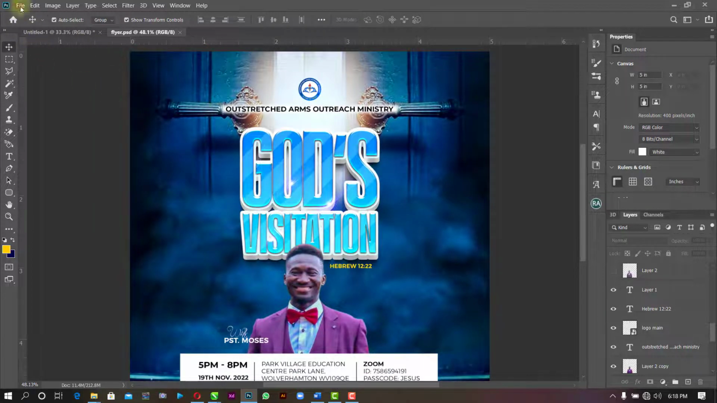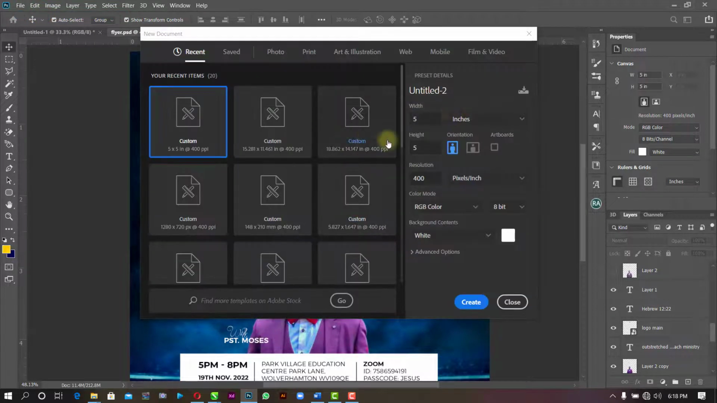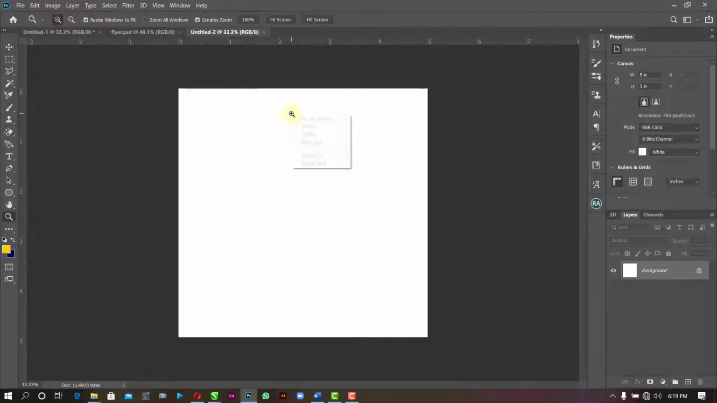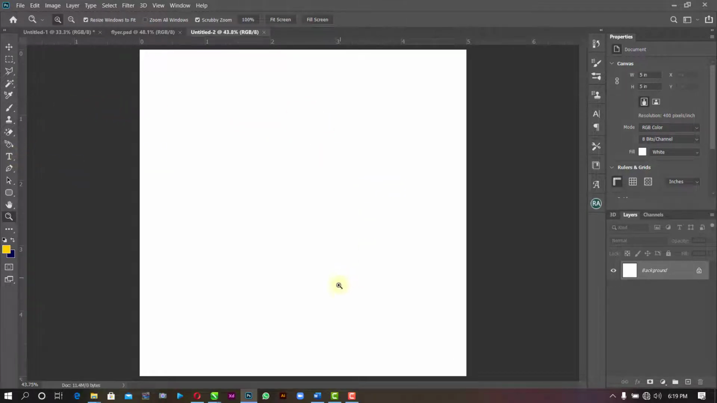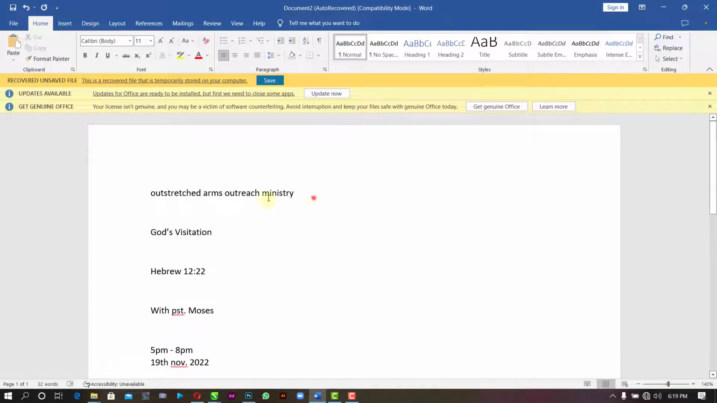First of all, we'll go to our file, click on new. We use the size 5 inches by 5 inches, resolution 400. Then you create. First thing we are going to do, I already typed out the write-ups here, which let's